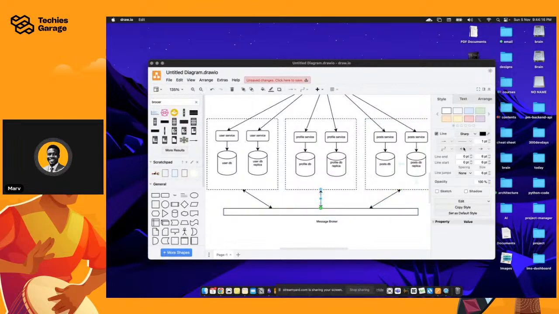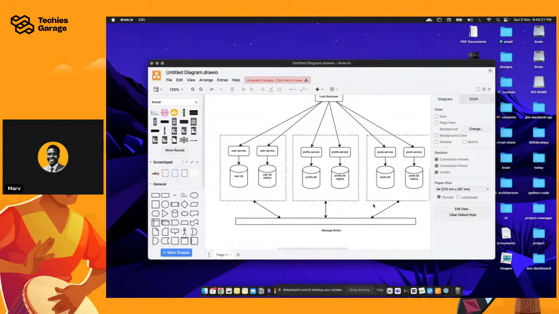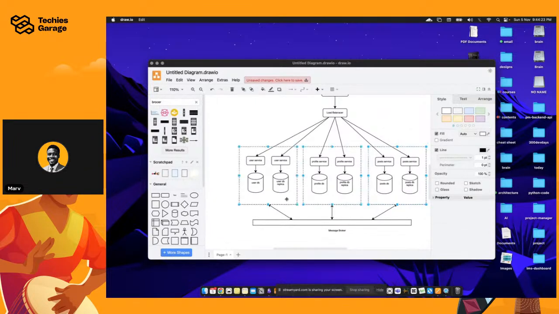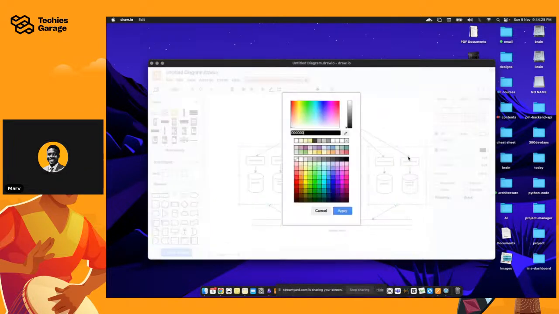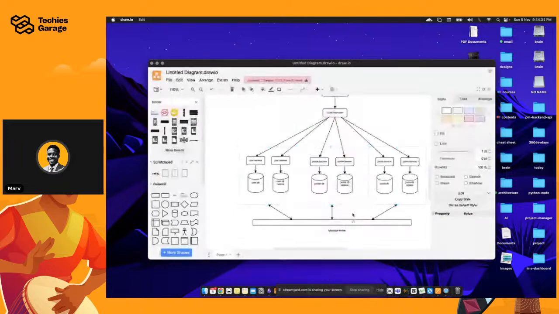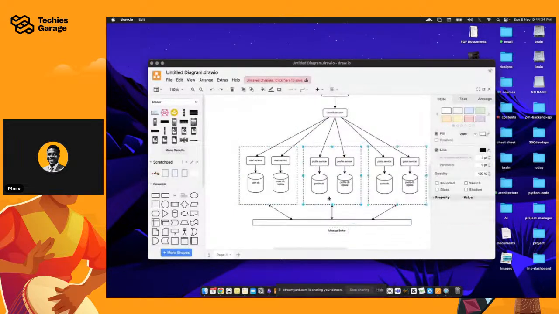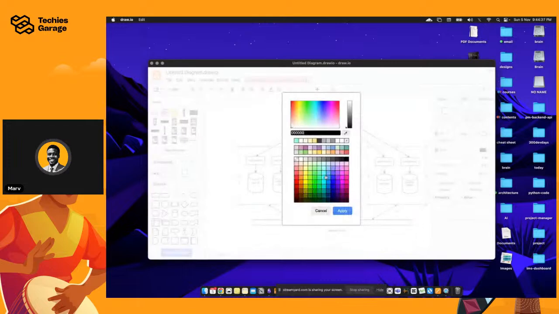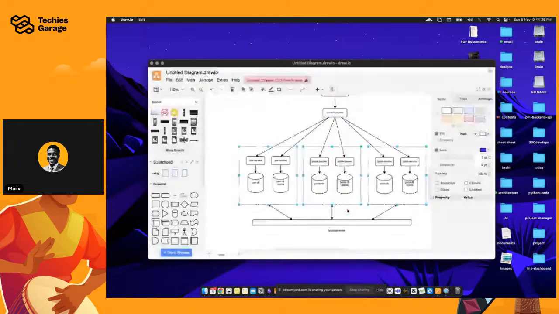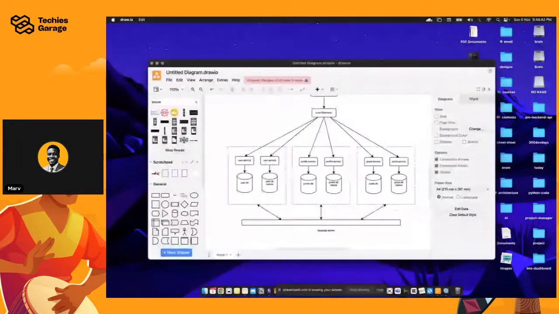Okay, so do you have any questions before I proceed? Idris, let me know if you have any question. If you're watching, just let me know if you have any questions before I proceed to the next step. All right. Okay, so let me know if you have any questions so far with what we have currently. Okay, so let me check the chat. Okay, so I've not seen any questions yet. All right. Okay, so I'm going to proceed now.